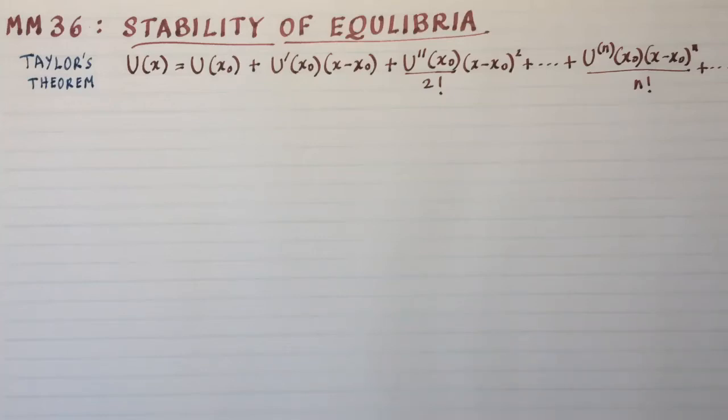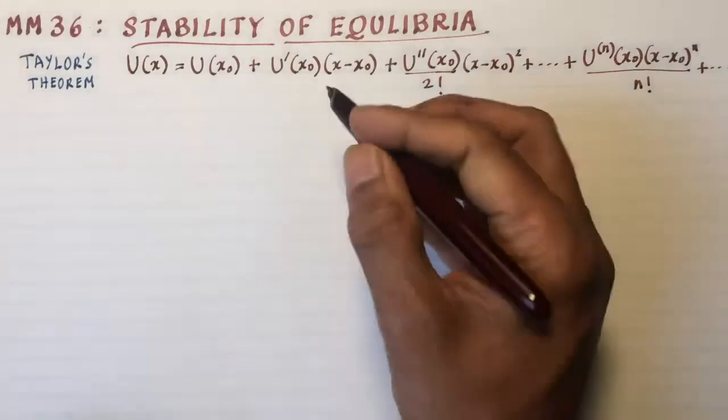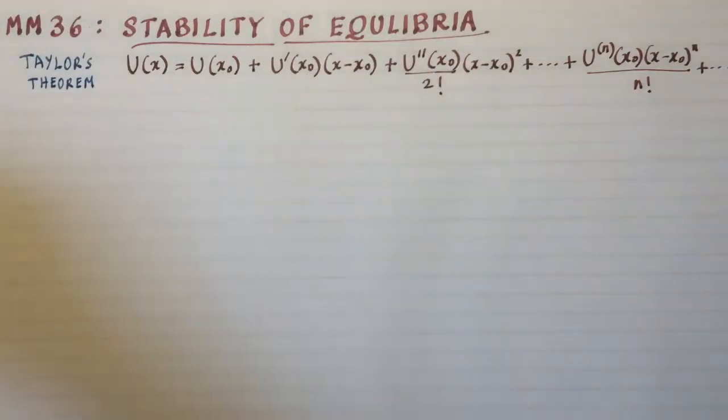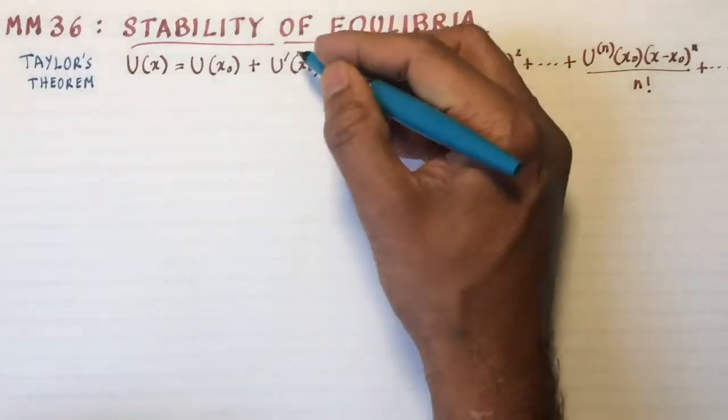Let's discuss stability of equilibria in physical systems. Most potential energies are continuous and differentiable, so you can write a Taylor's expansion of the potential about some equilibrium point x naught. Now, about any point, in fact. If the point is an equilibrium point, in addition, the definition of equilibrium is that there is no force, and